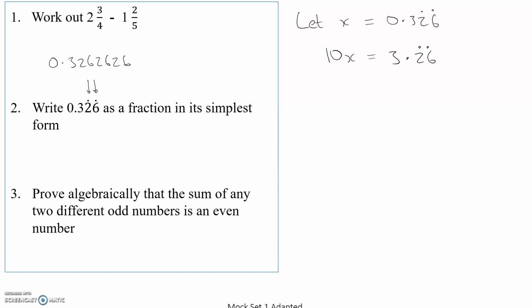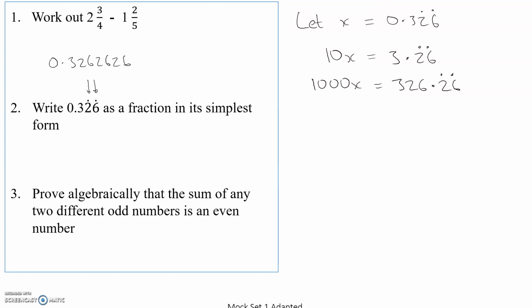So 100x will be no good, because if I try 100x, I'm going to get 32.6262, because the 26, 26, 26 keep recurring. So that's no good, because my digits after the decimal point are not 26, 26, 26. But 1000x might be good, because 1000x will give me 326.26. Then I get the 2, the 6. So I've got my 2 and my 6, the recurring digits after the decimal point again, which is brilliant,